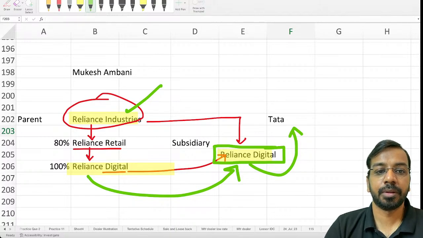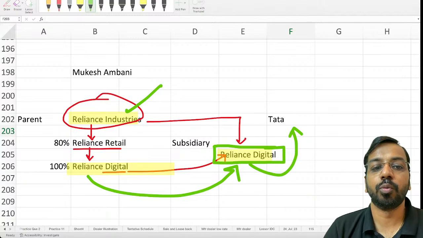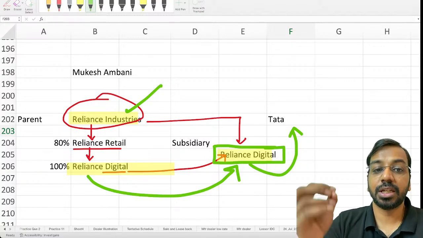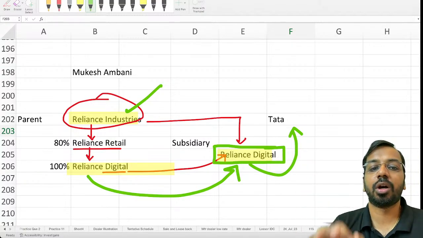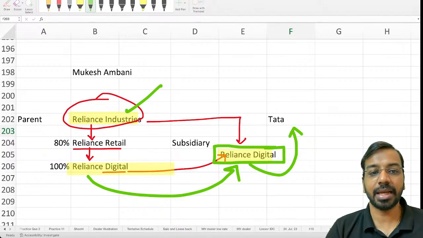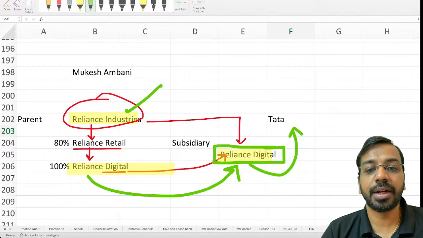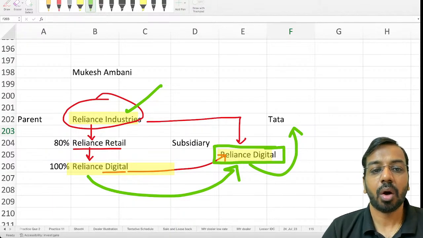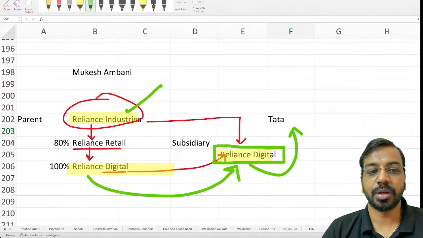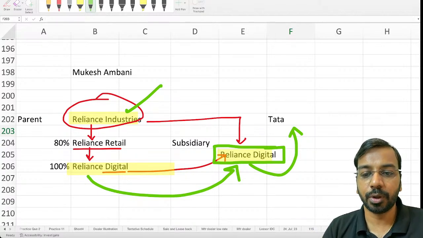Then, all the securities which are issued will be recorded at nominal value. So, if you issue shares, you will record the shares issued at nominal value only. And other than cash, other assets will be recorded at fair value. And then the balances of retained earnings will be combined, or you will take it to general reserve as the case may be. So, very simply put, in a common control business combination, what we will be doing is, we'll